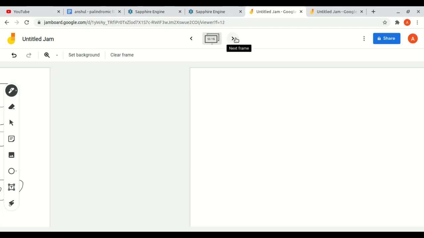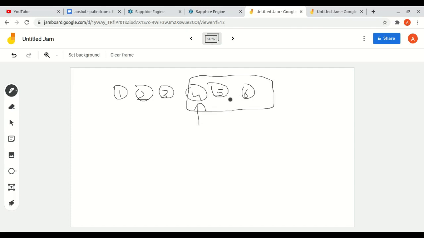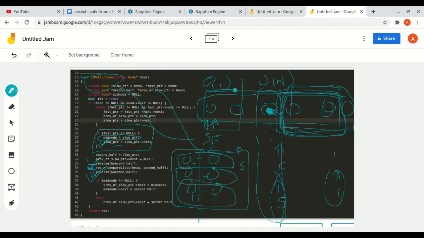What I am saying is, let's take an example of some nodes, 1 2 3 4 5 6. So our mid will point at that, and this will be the second half. And we have made the next of the two null, this null. So this is the first half. And one more thing, there is a previous of slow pointer.